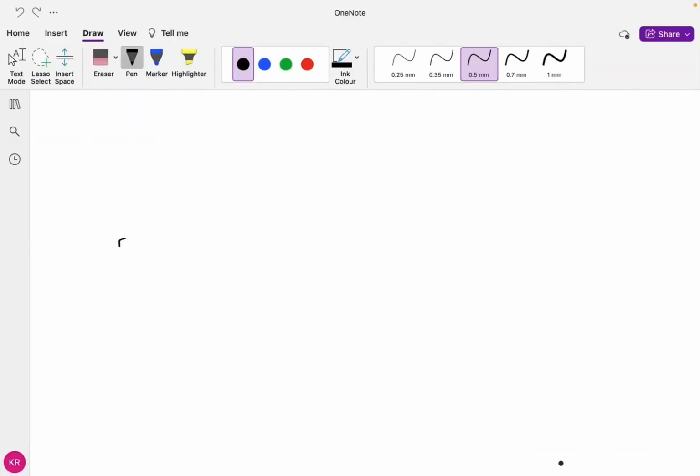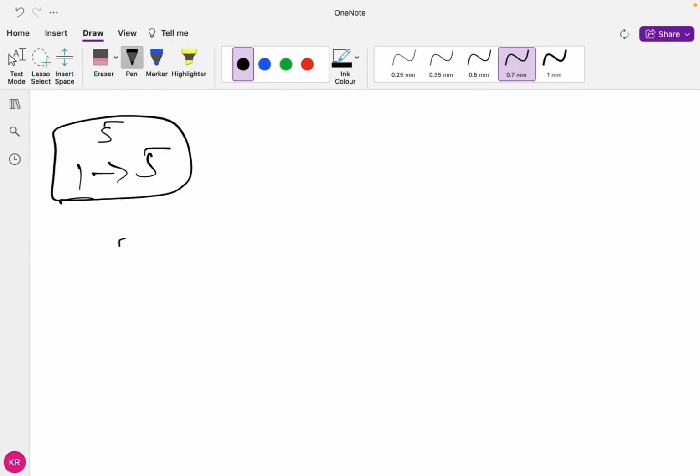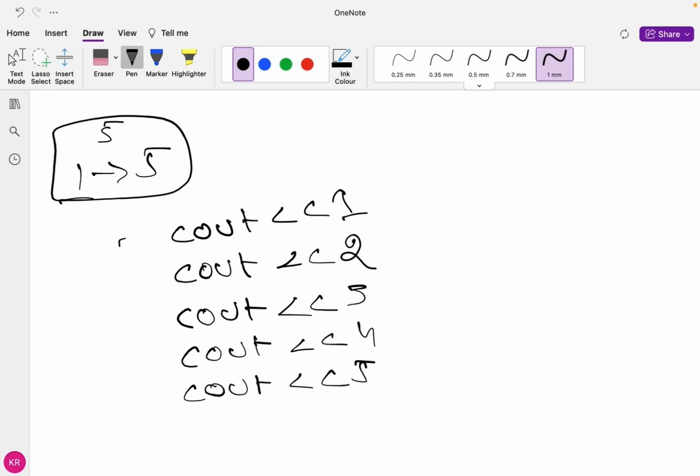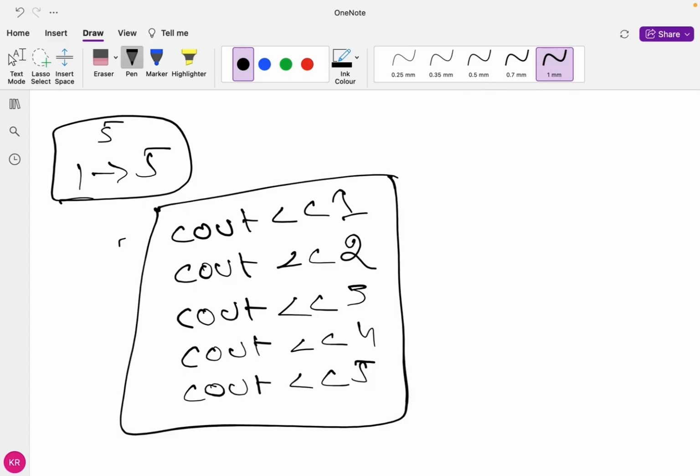Let's see how this for loop executes. For example, suppose I want to print the numbers 1 to 5. How do we print these? cout 1, cout 2, cout 3, cout 4, cout 5. Like this we print. But now I want to use loops. I don't want to print like this. If I write the same program using loops,